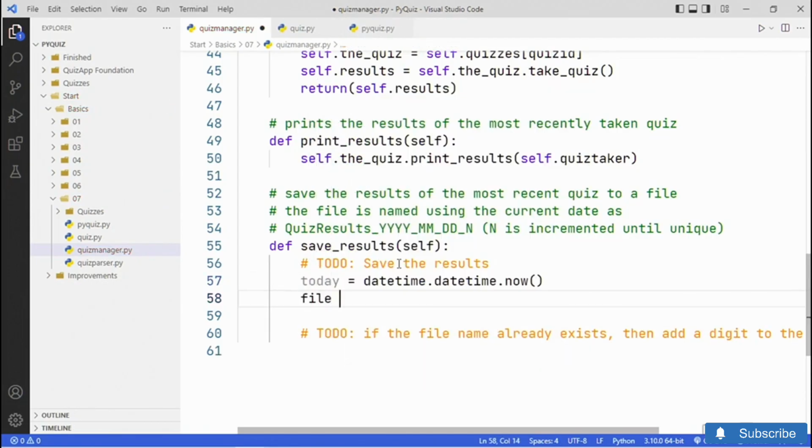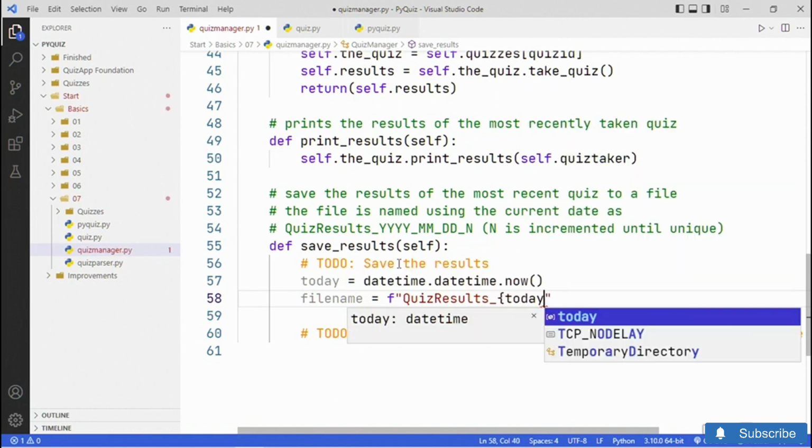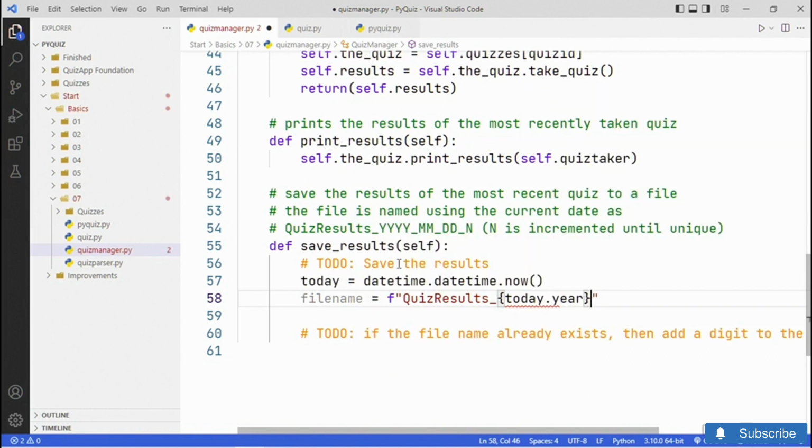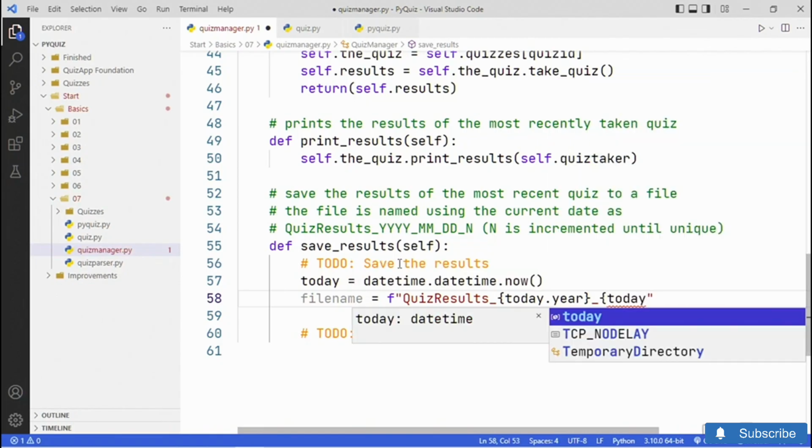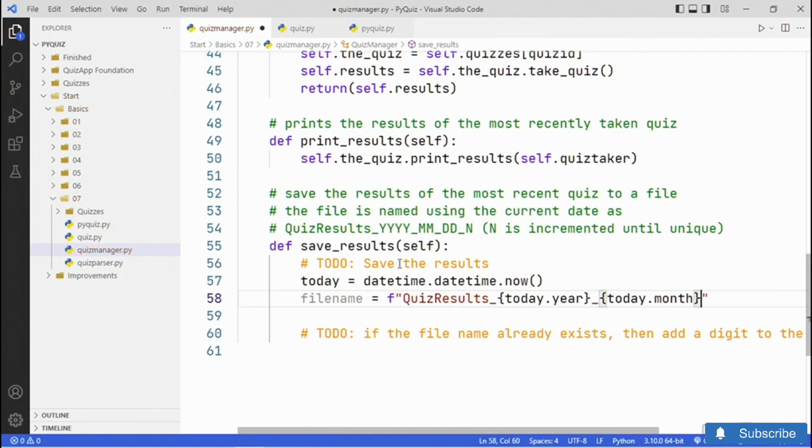And then the file name is going to be, and we're going to use a formatting string for this, it's going to be called quiz_results_, and it's going to be today.year, followed by another underscore, and then today.month, and then